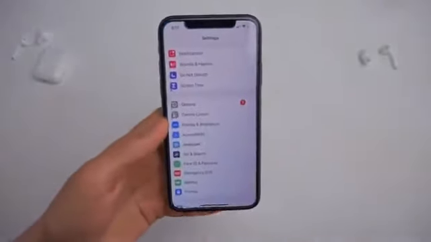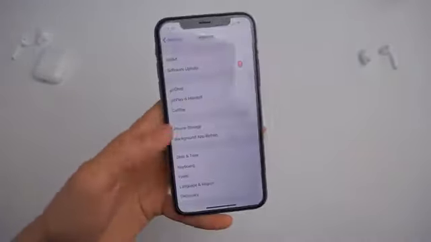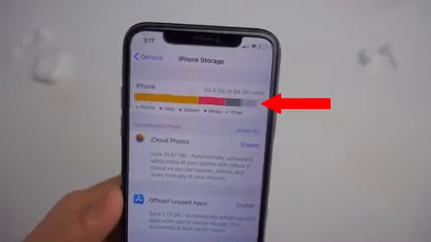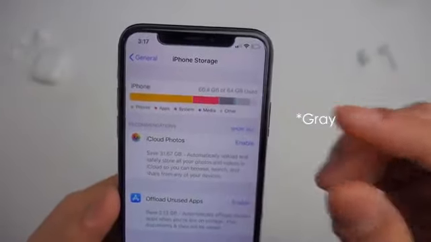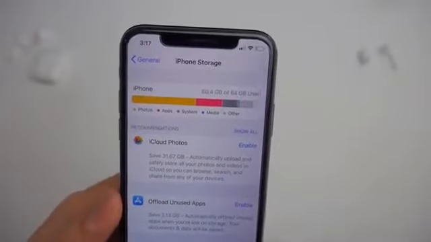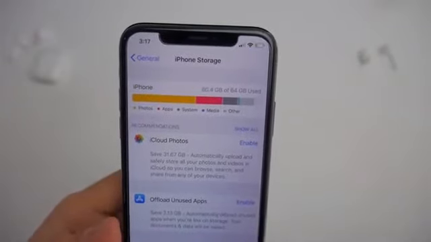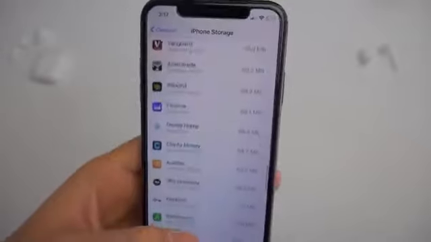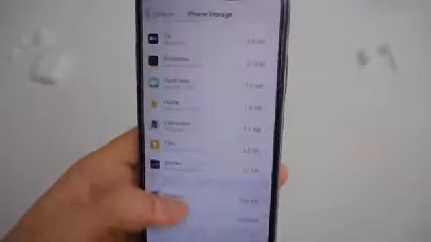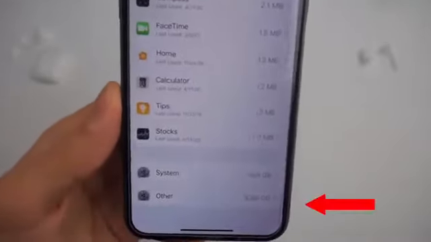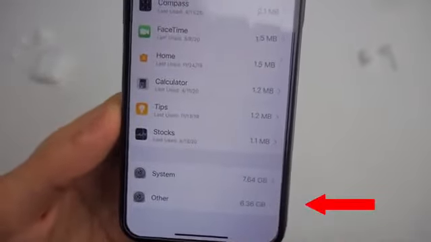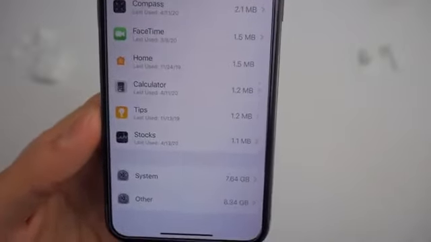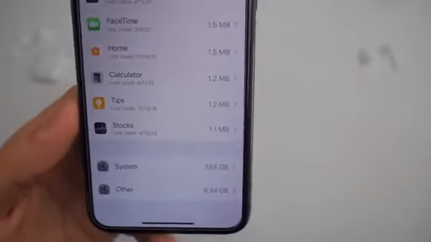So if you guys don't know what I'm talking about, go to Settings, General, and iPhone Storage, right there, and take a look at it carefully. On that bar on the right-hand side, the green color right there says Other, and that Other is taking up a big chunk of my storage, and probably yours even more because I cleared it recently. If you haven't cleared it, you're gonna have a big Other storage right there. As you can see, if you scroll all the way down, you can see how much exactly it's taking up. For me, it's taking up 6.34 gigs,